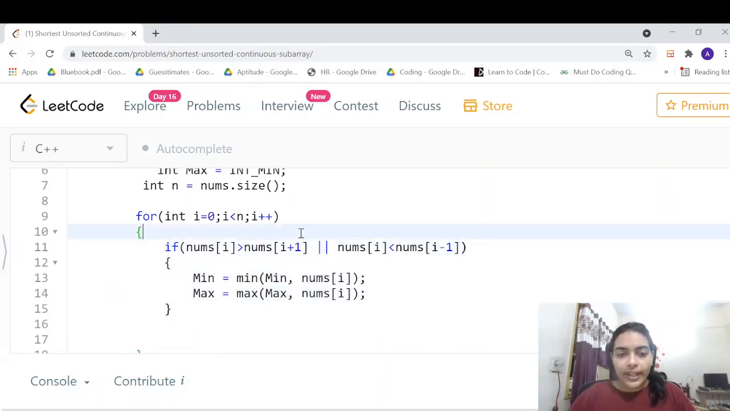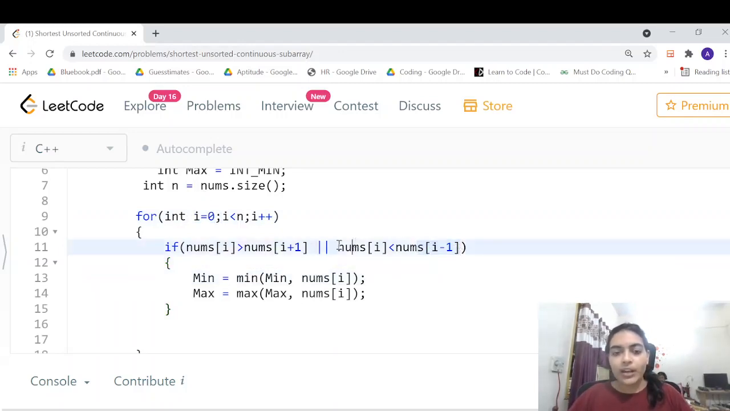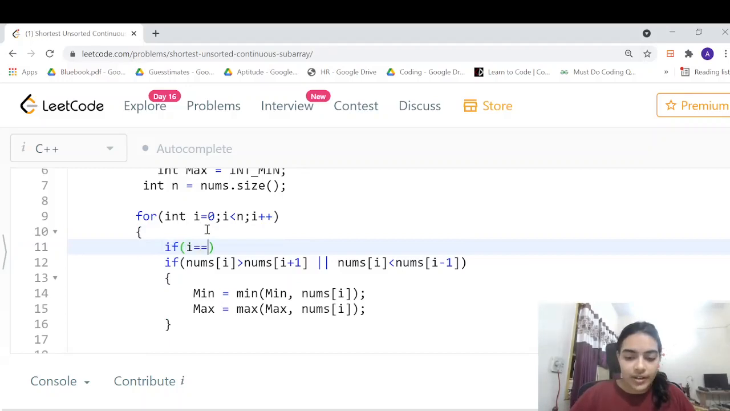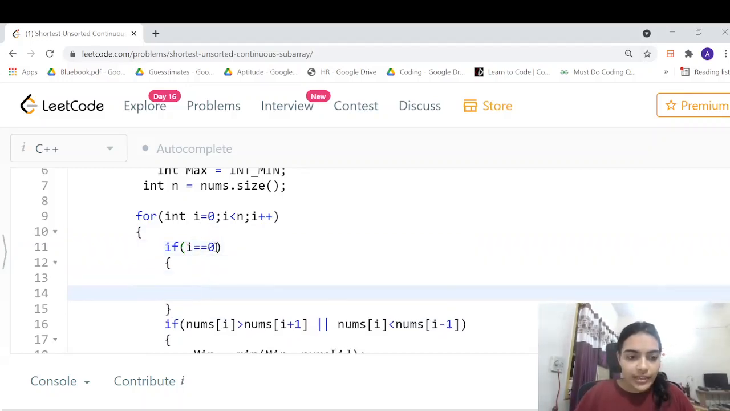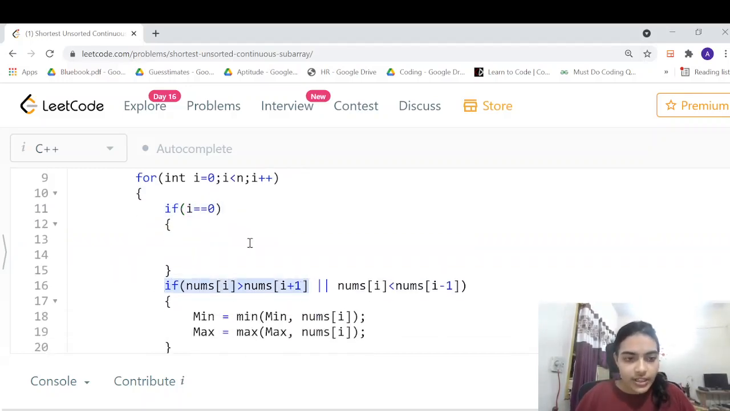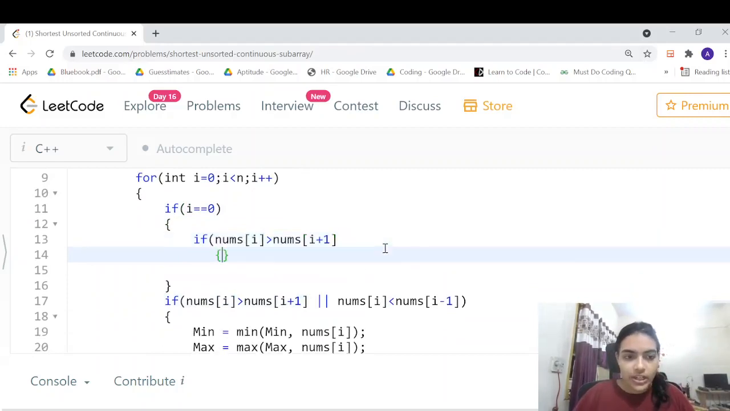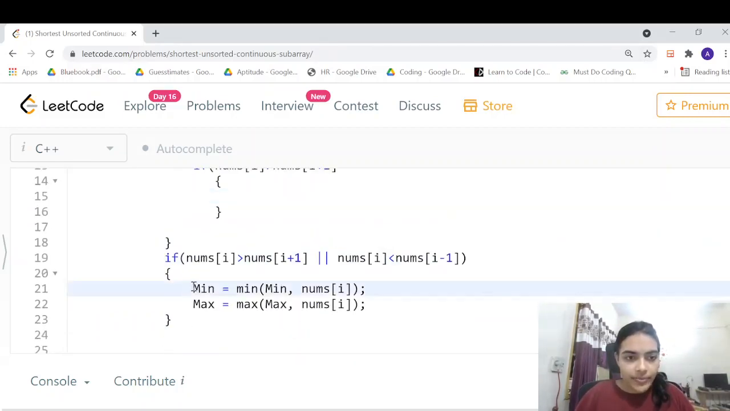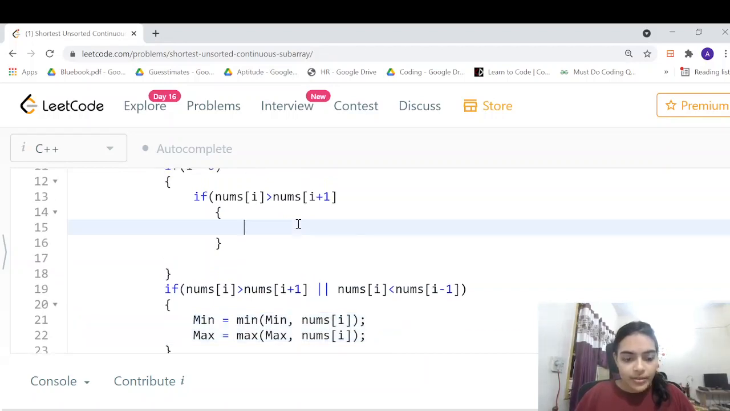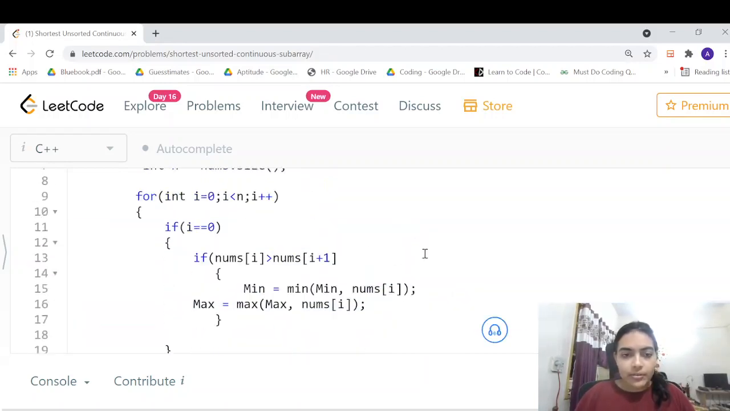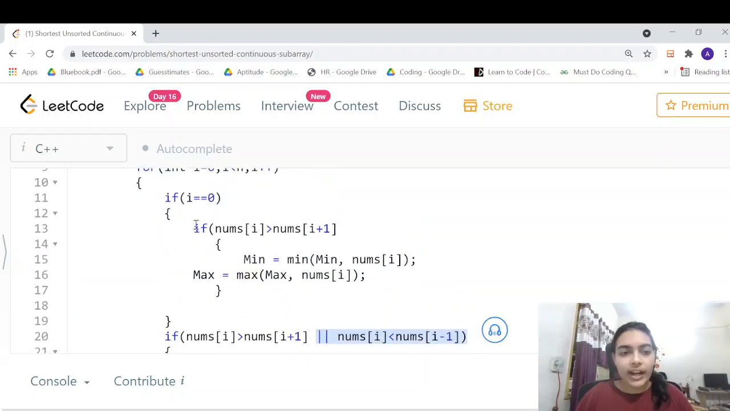Now this is fine if the elements are in between, but what about if the first element is at index 0? In that case, you don't have i minus 1, because for i equal to 0, i minus 1 will be minus 1. So you can't give this condition. So in that case, let us give a condition first itself. If i is equal to 0, in that case, we have to just take the first condition. Let's just write the first condition, and let us write these same conditions here. Because you don't have to check the left neighbor, you just have to check the right neighbor